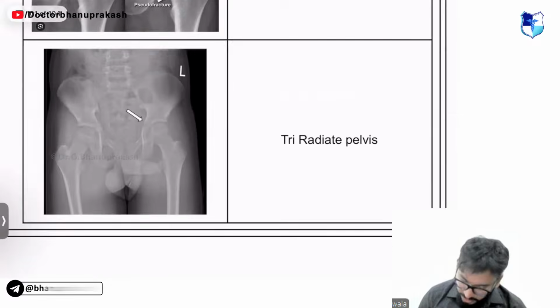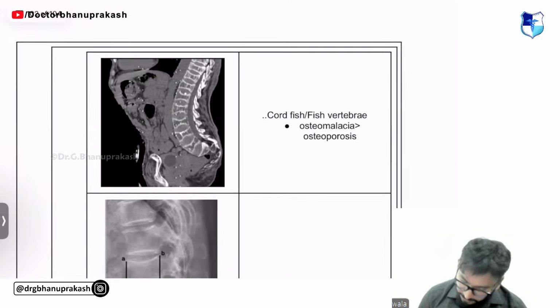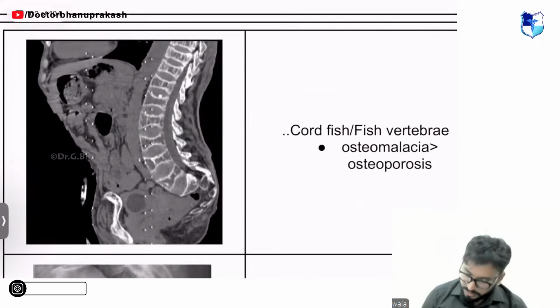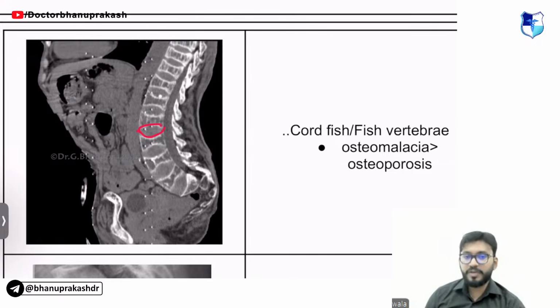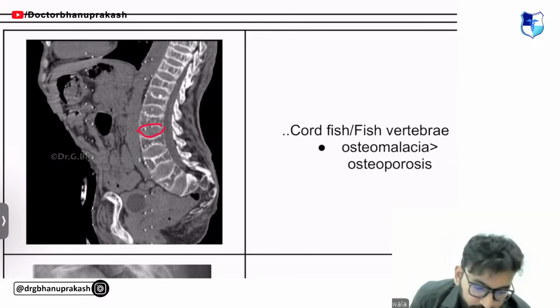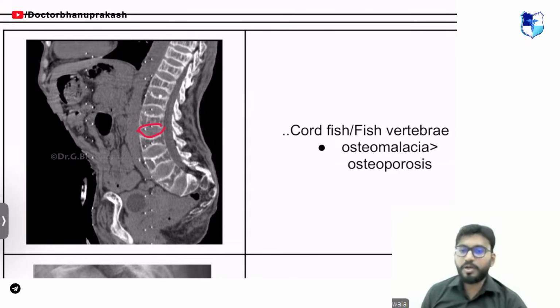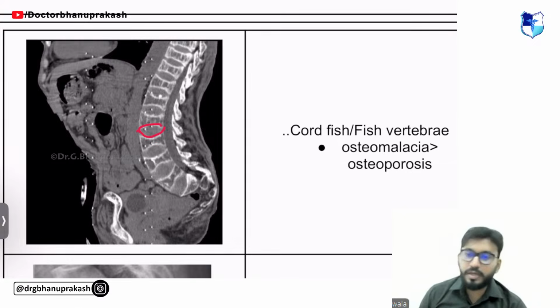Osteomalacia, pseudo fractures. Moving on to the most important parts. Codfish. Look at the vertebra, how it is. A codfish or a fish mouth vertebra is seen in osteomalacia more than osteoporosis. Yes, Abhijit, you're right. Scorbutic rosary is acute angle and painful. Rachitic rosary is usually not painful.